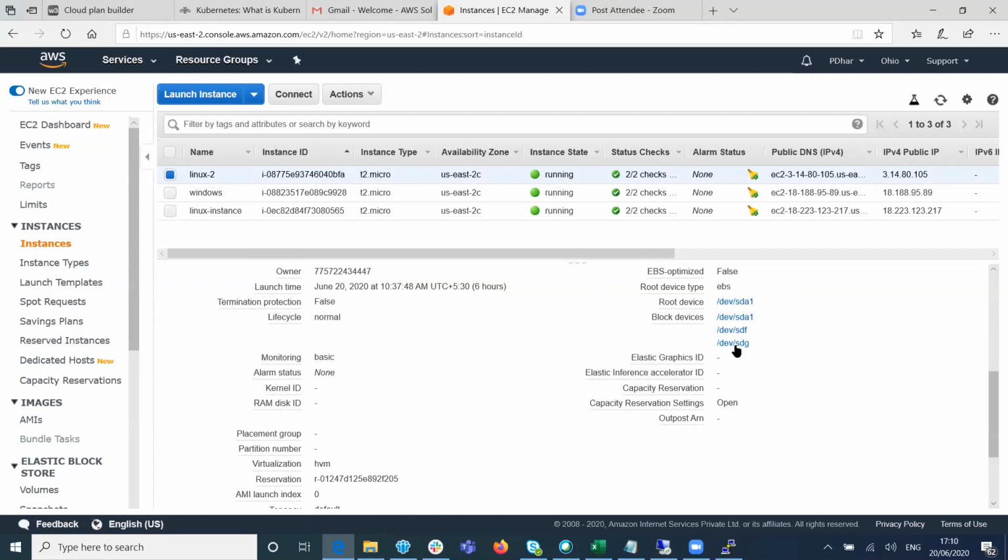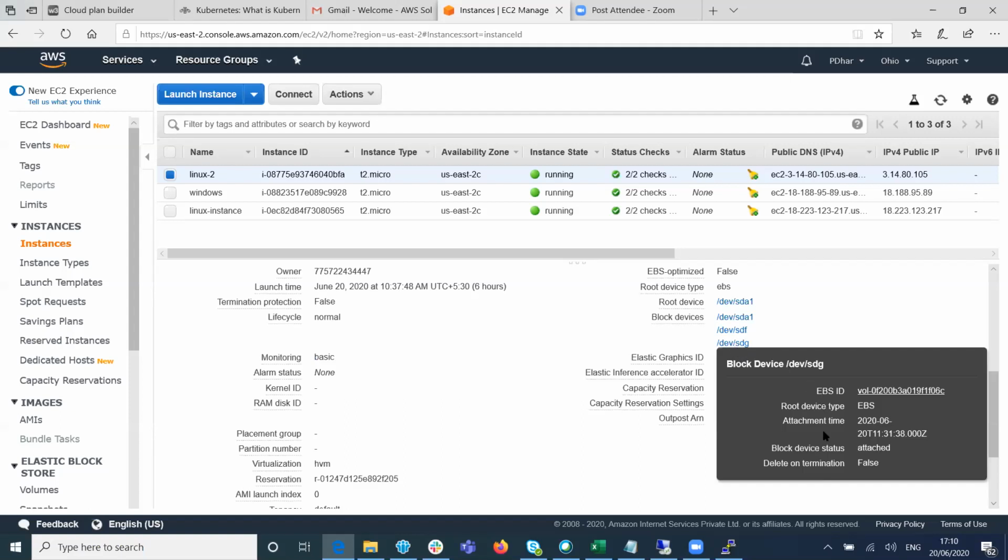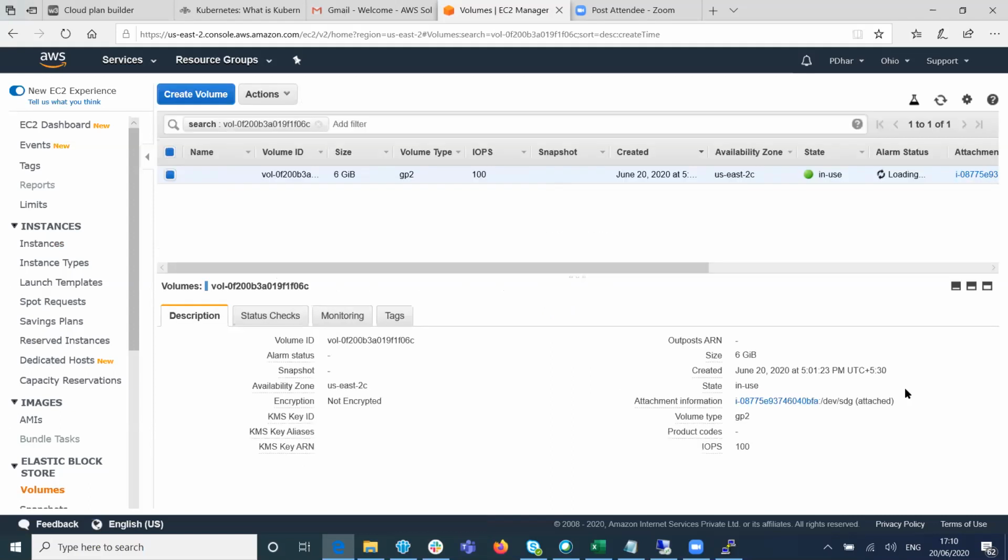Just select that sdg, click that button. /dev/sdg, attached. Make a note of the 6 GB one, it is called /dev/sdg, right? Yeah. Okay, go to your PuTTY.